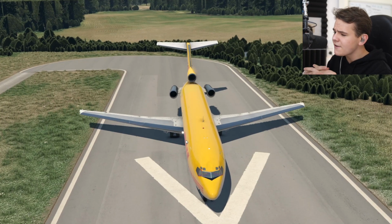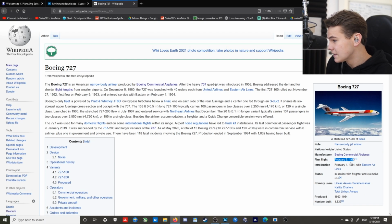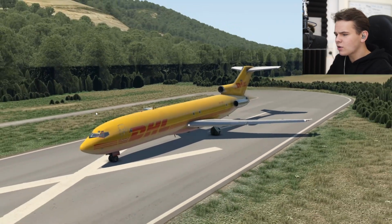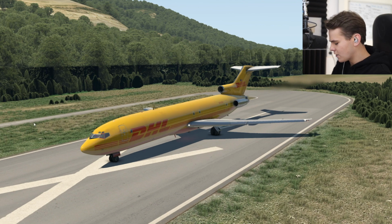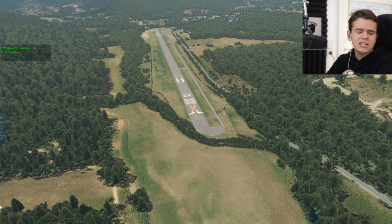So today, let's save the 727, which is mostly dead anyway. I mean, it's been around since the early 1960s, and it's mostly retired. It's still in service, especially in freighter service. I'm not quite sure if DHL still uses this plane as a cargo aircraft, but it's still flying around. That's the point. Let's see if we can make it a bit more popular by just using 2 of the 3 engines. Okay, now we're at this 1,200-meter long runway, which just with the 3 engines would already be